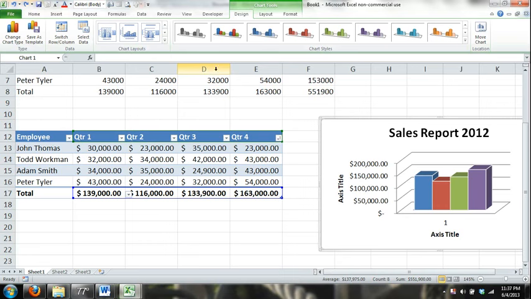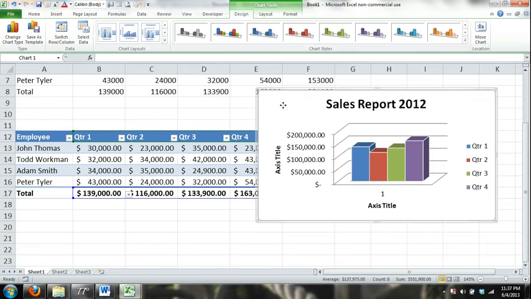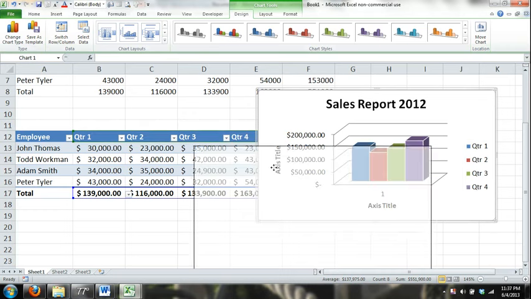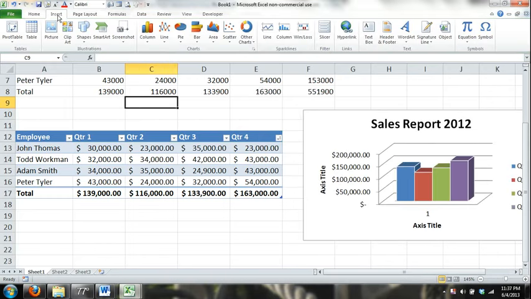Okay. And then you can organize these any way you want. You see I'm just selecting the chart with my mouse. I'm not selecting these parts of the charts, the bars and the lines and all these, which I can also move, but you have to select a blank area of the chart, and I can move the chart anywhere that I want. Other things, I can insert if I wanted to,